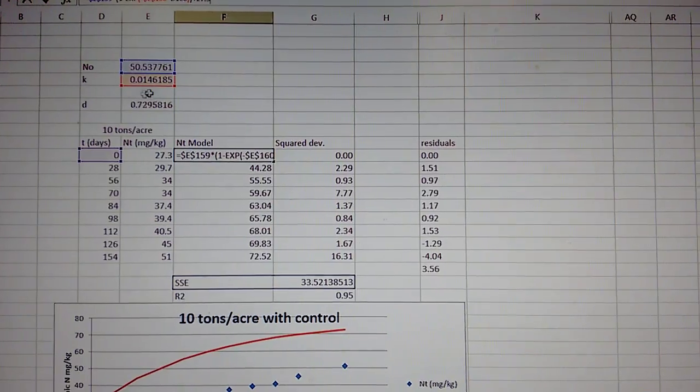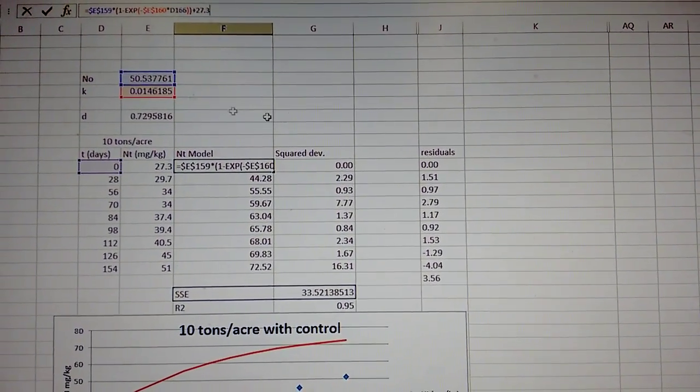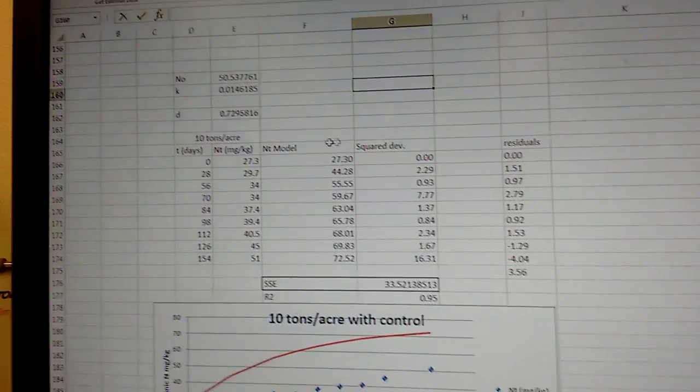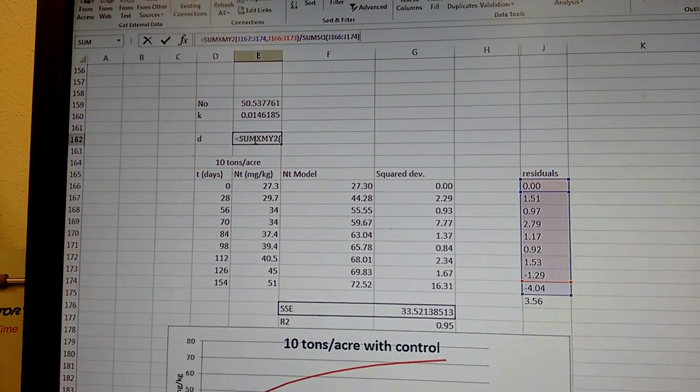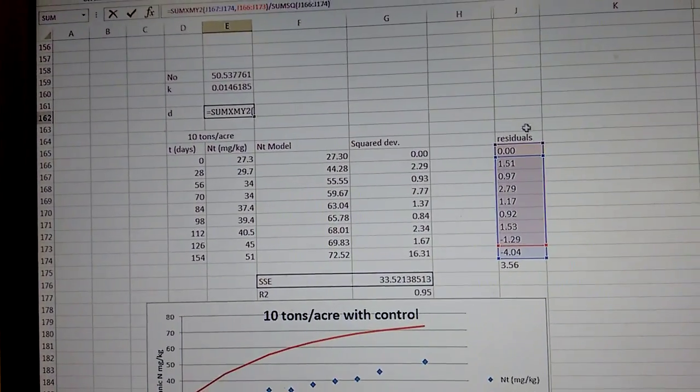And so these are the values that you optimize to change. I have it set up so you can either maximize this value by manipulating these values, and this is a tricky little equation involving the residuals, or you can